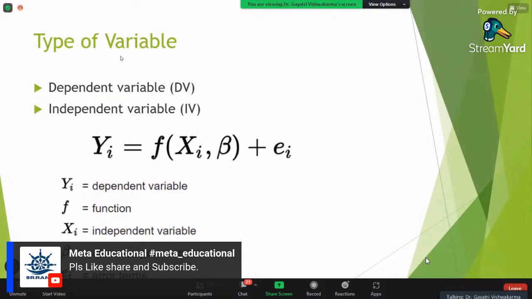As I told you, now we are analyzing two variables. Let's say x and y are two variables. From x and y, you have to define what your dependent variable is and what your independent variable is. Let me talk in terms of some examples, because saying x and y all the time looks more mathematical.